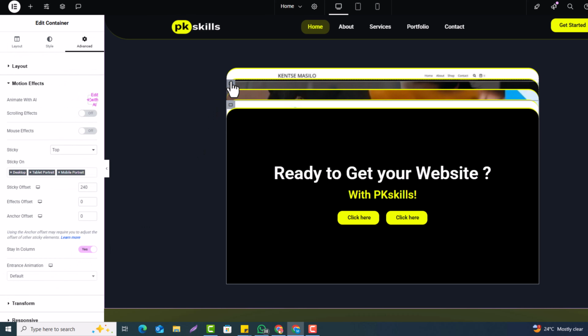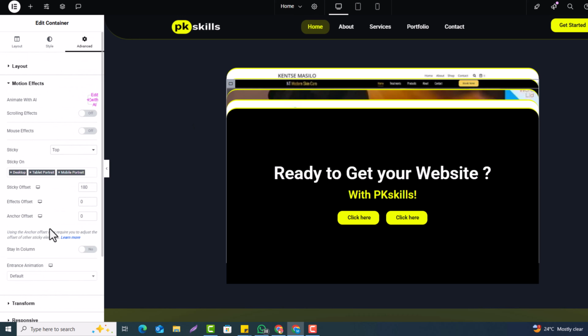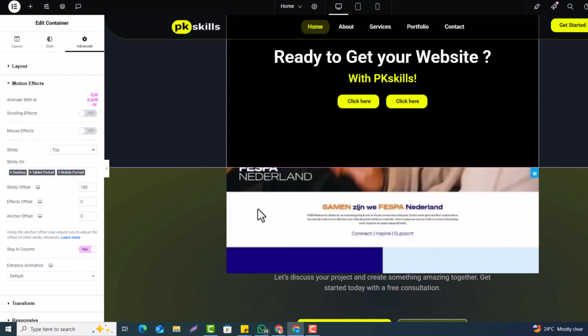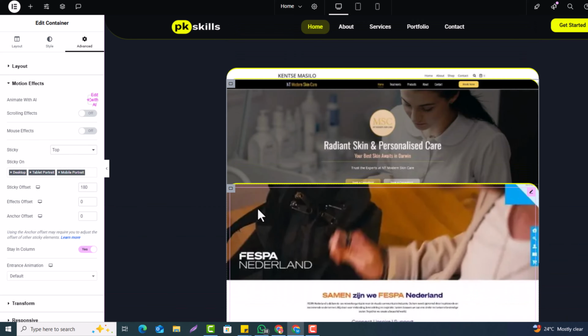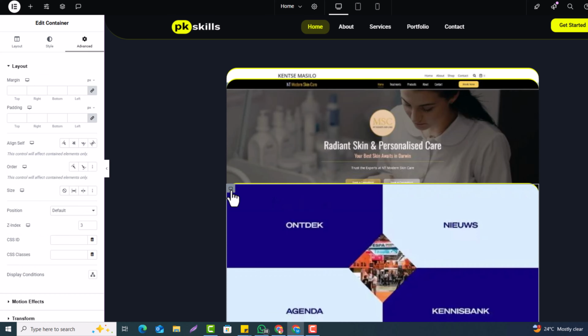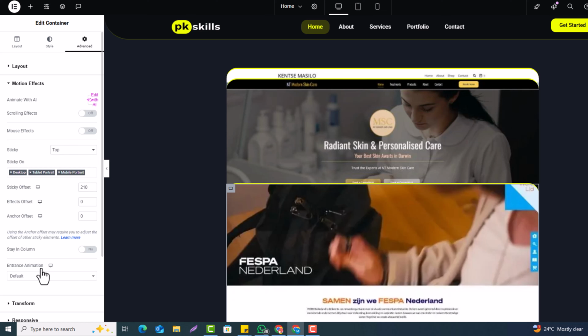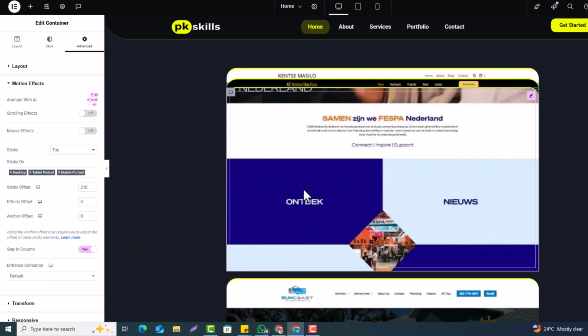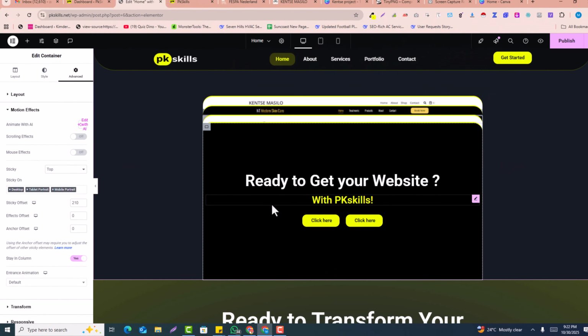So all of these should be set as motion effect and stay in the column. You can see they all stay in the column. So this one is not in the stay, so I just click again here, click on advanced and make sure in the motion effects to make this stay in the column. So now if you scroll, all of these stay in the column, and the last one